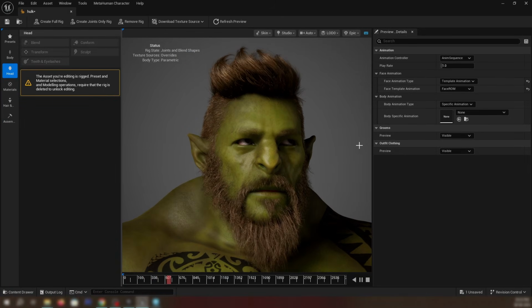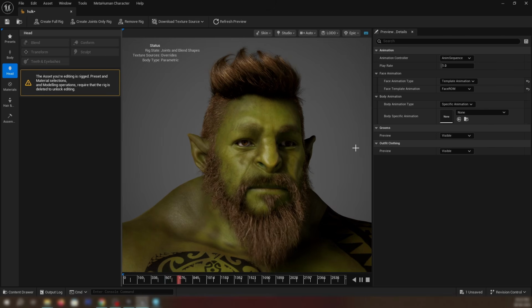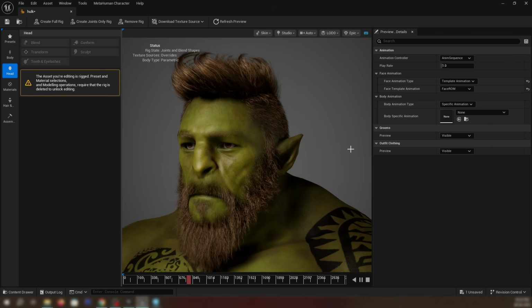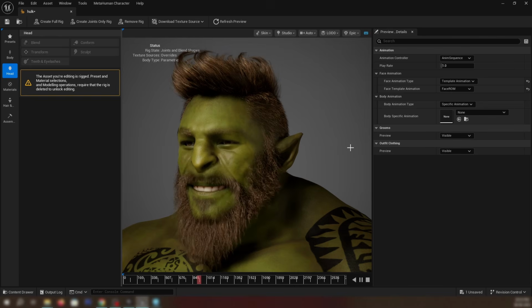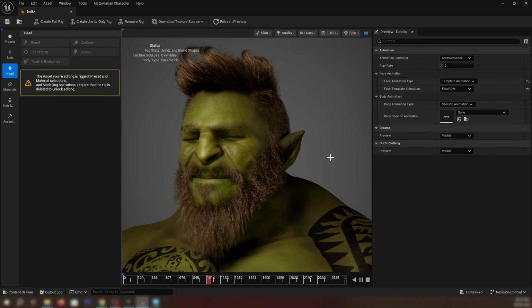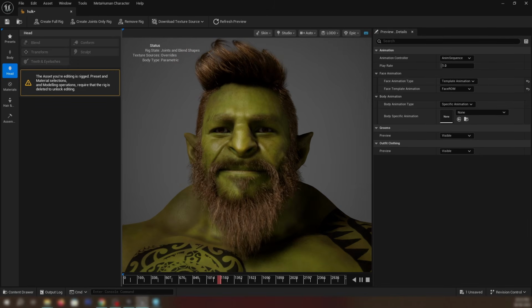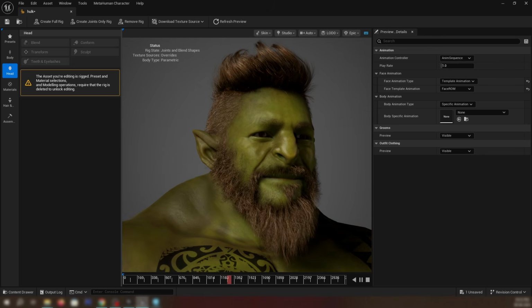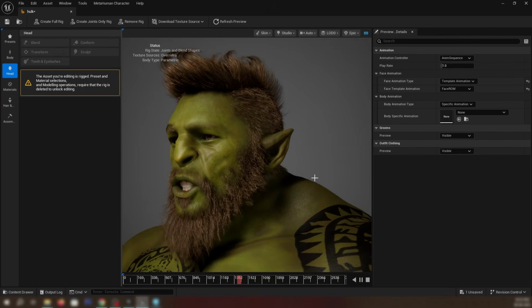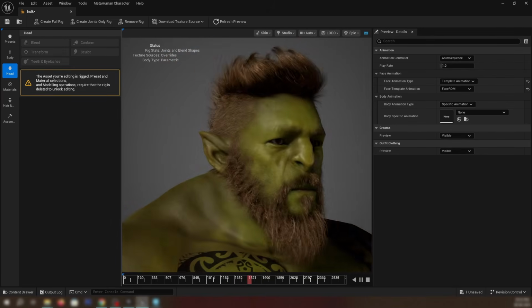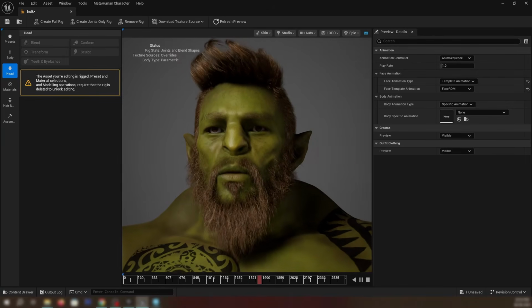So these are the default animations. Yeah, it's coming quite great, quite familiar to what the custom pipeline scripts give. So we don't have to use any scripts and all that.